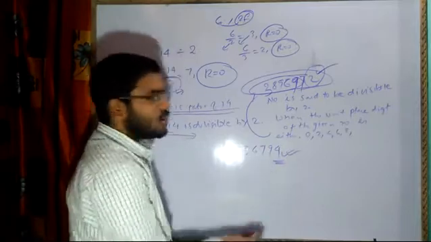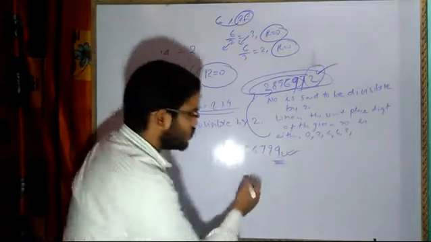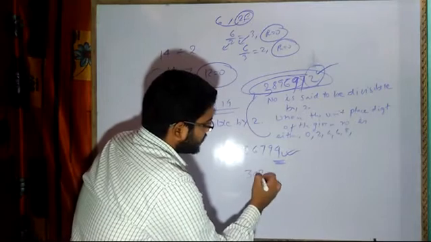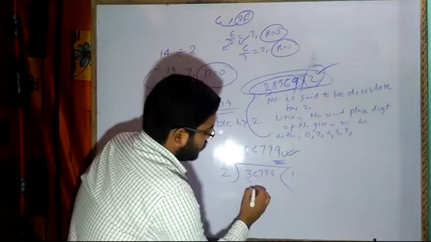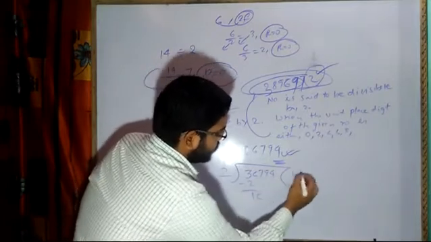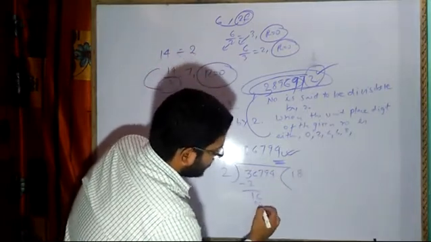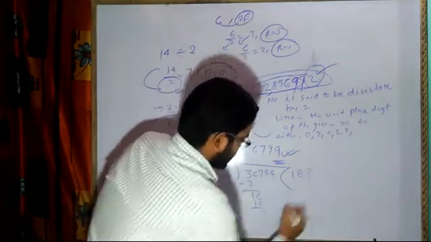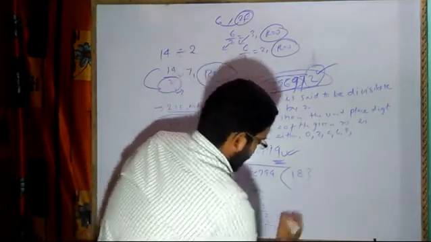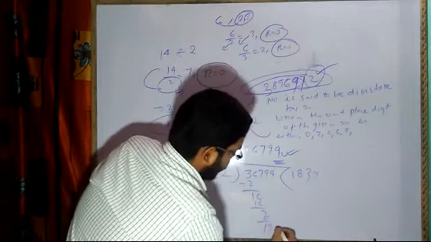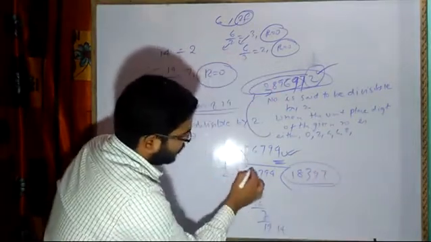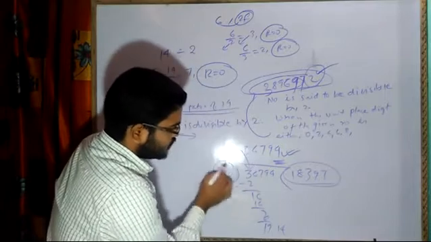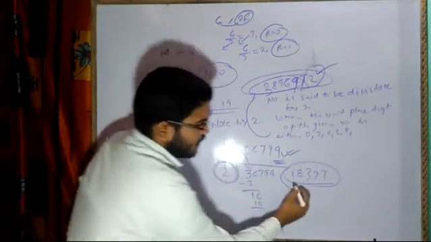So it is divisible. Now let's check whether what I am saying is true or wrong. 3, 6, 7, 9, 4 divided by 2. 2 ones are 2, minus, 1, 6. 2 eights are 16. Finished. 7. 2 threes are 6. 1. Then we have 9. 2 nines are 18. 1. 2 fours. 2 sevens are 14. So this particular number is divisible by 2, leaving a remainder of 0.